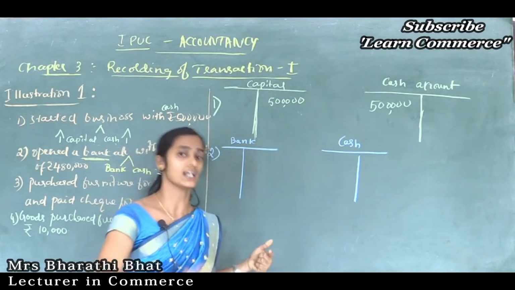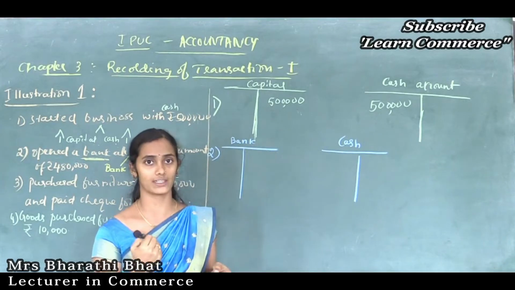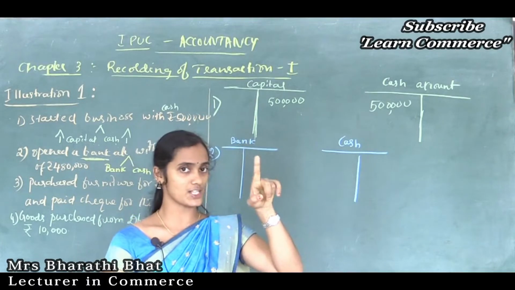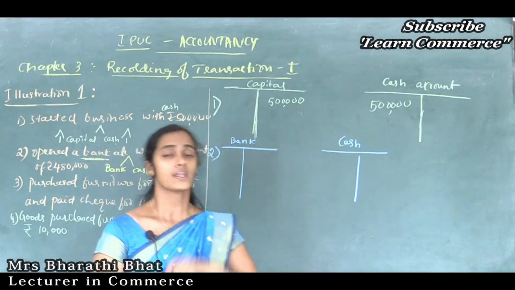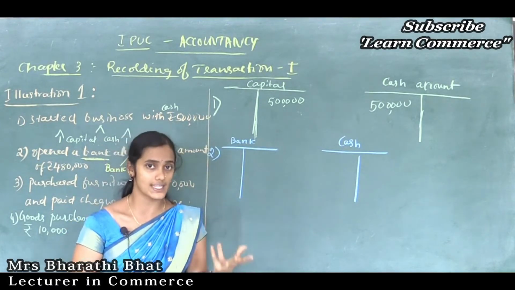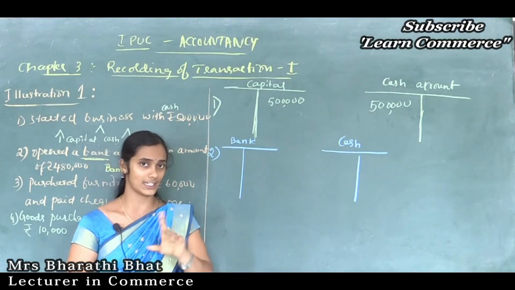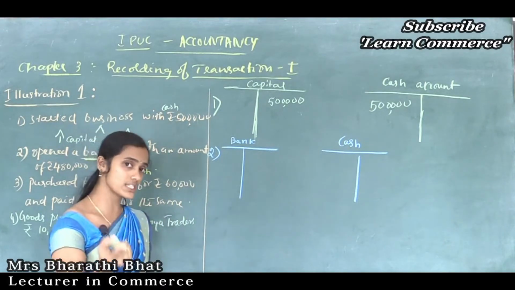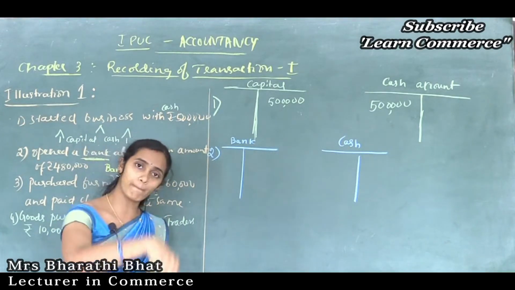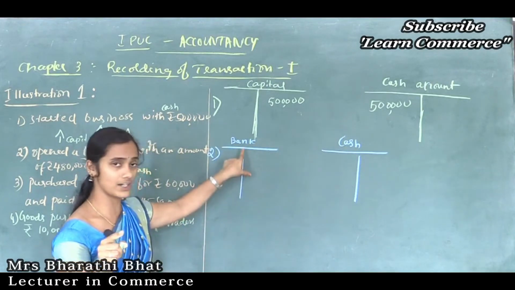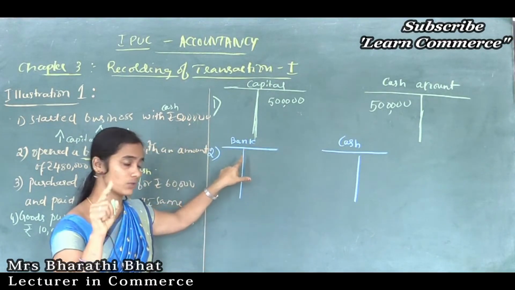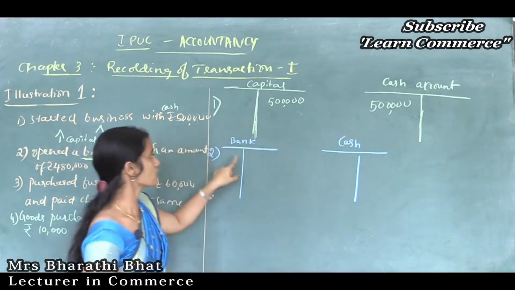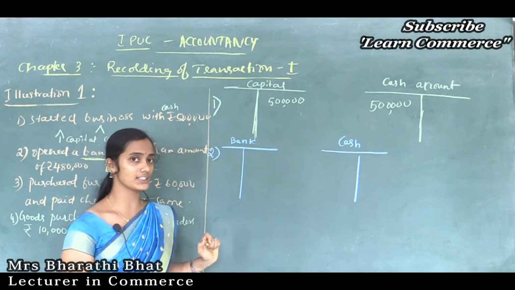Suppose we are withdrawing an amount from bank, then cash shows increased value and bank shows decreased value. When you deposit, bank shows increase and cash shows decrease. Getting my point? So here for bank, apply the rule. We are depositing the cash into bank, so the bank asset increases and the cash asset decreases. So how can we apply the rule here?